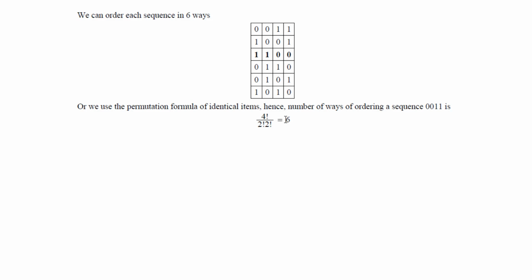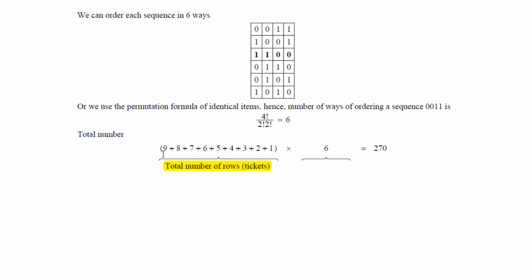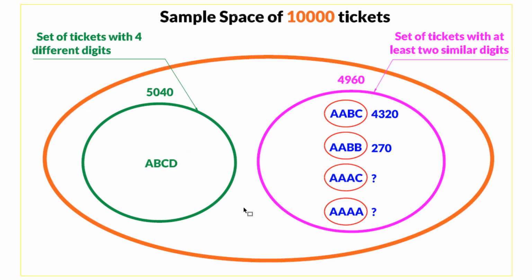We can permute it in 6 ways, and the total number of tickets in the previous set of tables is this sum here from 9 until 1 times 6, the number of permutations, and we get 270 tickets of the form AABB. So now we can come back to the diagram of sets, and we can add that the tickets in the form AABB, their number is